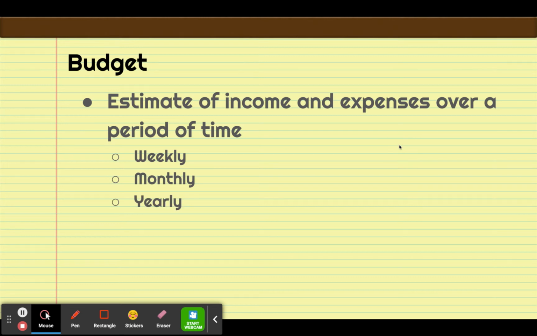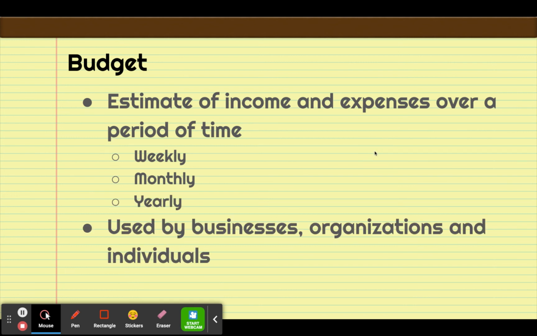All right, so individuals probably will do a monthly budget, and that could break down into a weekly. So you may decide, okay, I make this much money per month. These are my bills, and I have this much spending money left over. And if I don't spend that money, I could put that in the savings. So that is what you do with a budget. Budgets are very important. Lots of people with their own money do not use budgets, and it can lead to being in debt. So you have to be very careful. So yeah, businesses, organizations, individuals have budgets. Okay, so there's some basic terms.